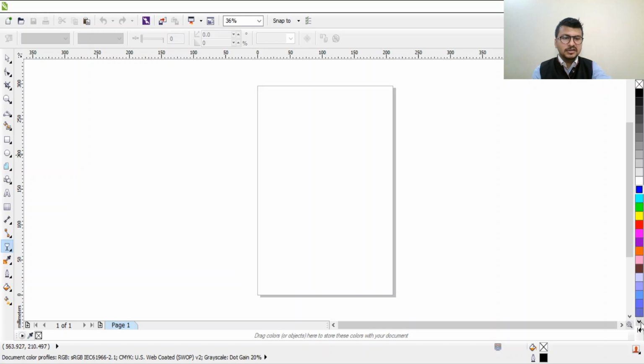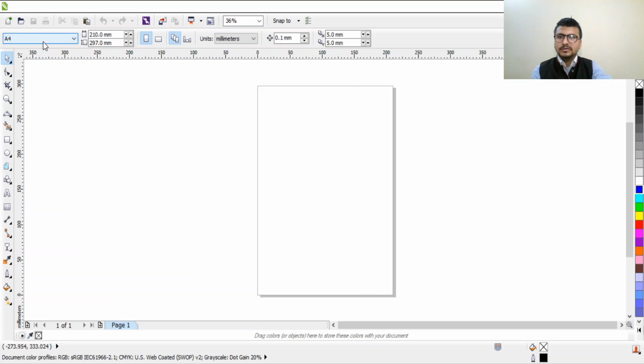So these are the colors. On the top of the side, you can see this A4, the size that we have chosen by default. This size is A4. The second one you can see here, size, the dimension. The third one, again, is the same, the things that we have predefined before creating this new layout.